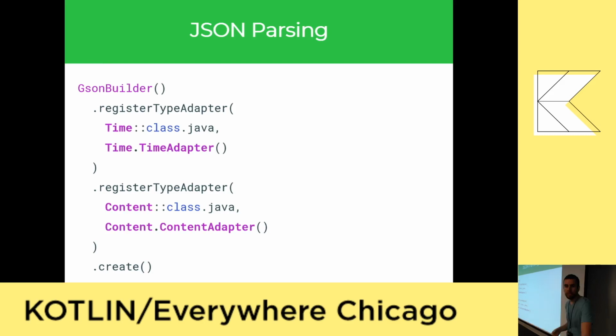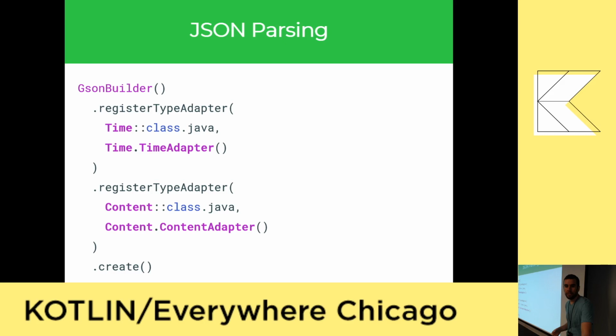The server. This was my favorite part. A little bit this morning in our keynote, we had some talks about Ktor. Ktor is also probably one of my favorite Kotlin projects. For those of you that don't know what it is, it's a server framework built by JetBrains, built for asynchronous servers and clients. Really great, really simple to use, and it was a great project. I wanted something that I knew would just work, and JetBrains has provided a lot of great tools for that.